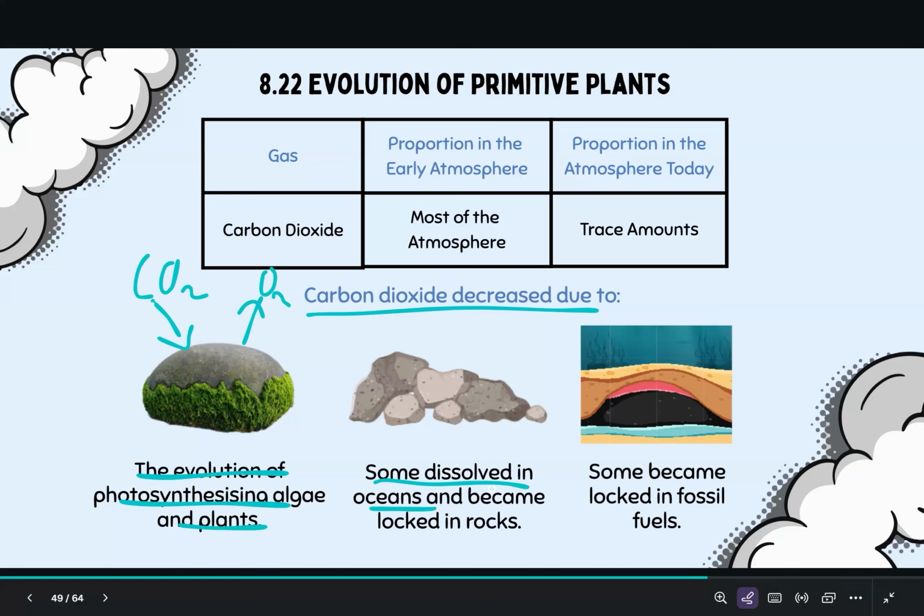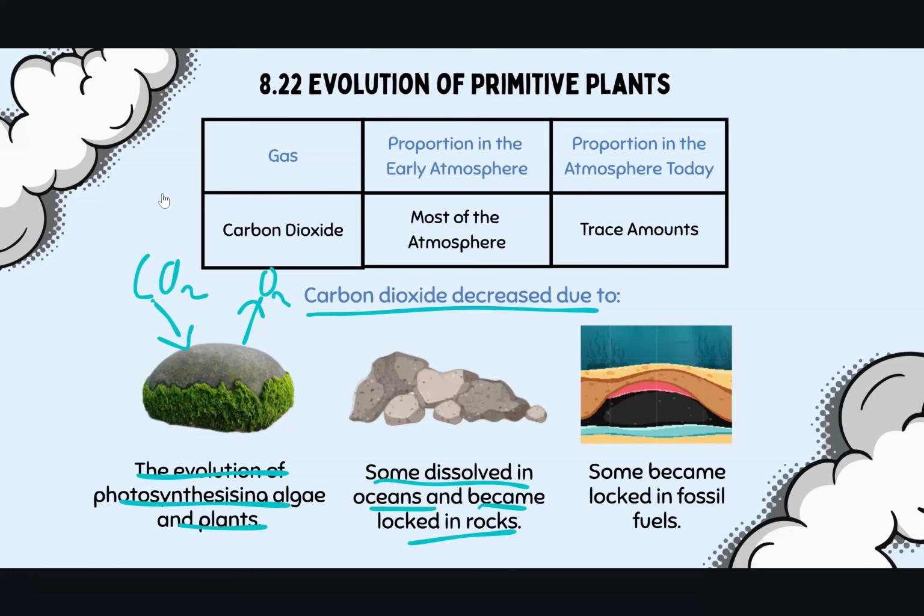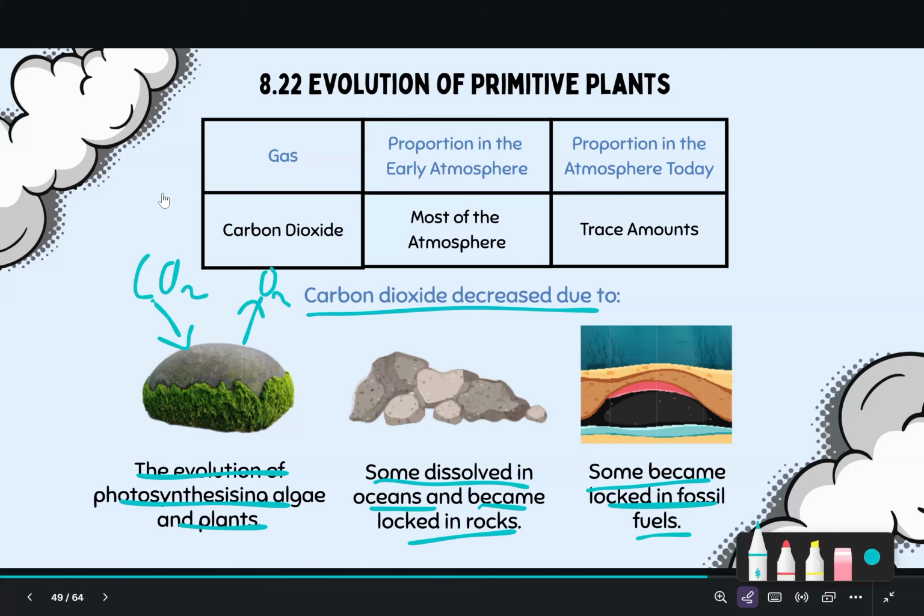Some dissolved in the oceans and became locked in rocks. So initially, when the oceans formed, the carbon dioxide reacted with some of the metals in the water to make carbonates, and some became locked in fossil fuels. So what that means is